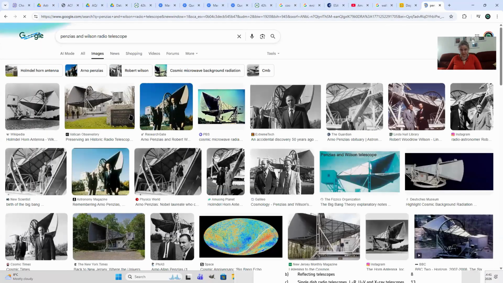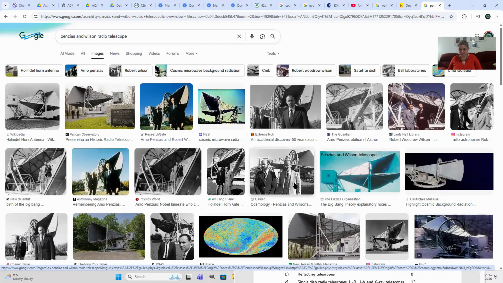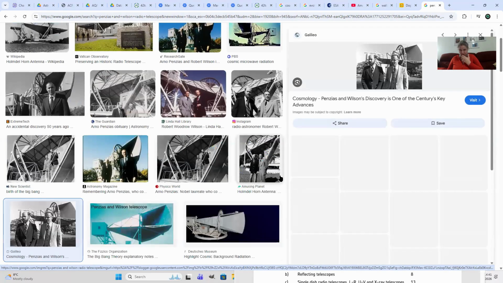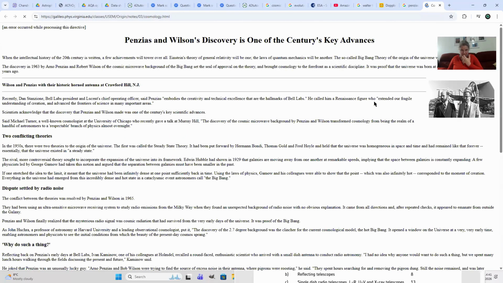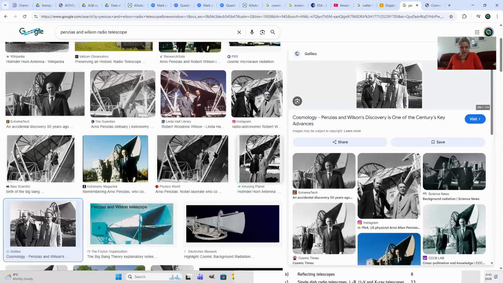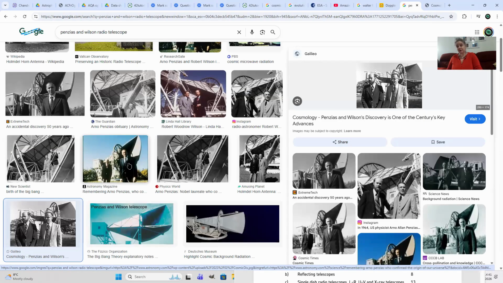Okay, so there it's a sort of cone thing. This is their telescope. Okay, and these are the two guys. Anyway, so they came to the conclusion that this was real, and eventually they figured that this was actually the remnants of the Big Bang. So this is the cosmic microwave background radiation, and